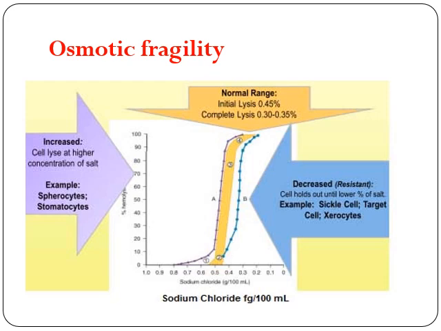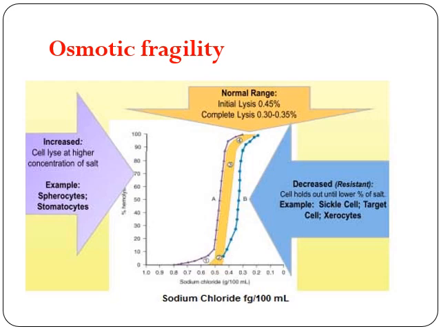But in hereditary spherocytosis, their volume is already increased. So mild accumulation of water can lead to lysis. So in hereditary spherocytosis, the osmotic fragility is increased, meaning that the hemolysis will occur at a lower concentration of sodium chloride. So if we see the graph,